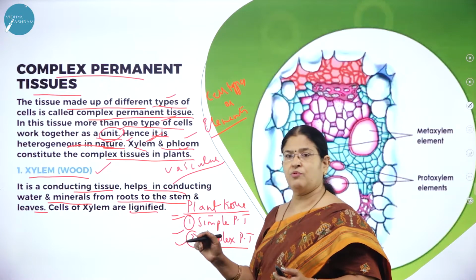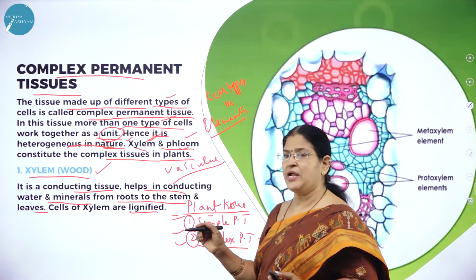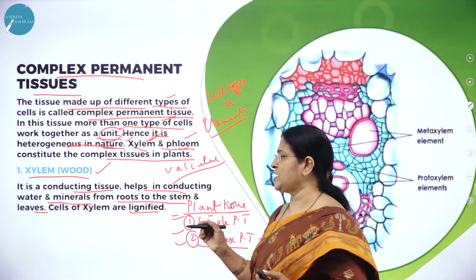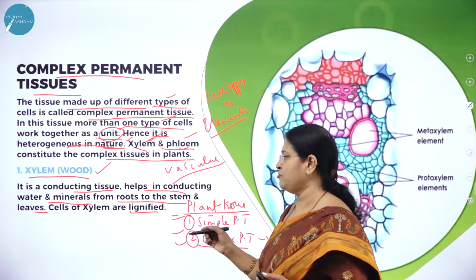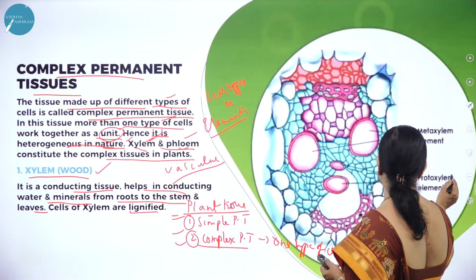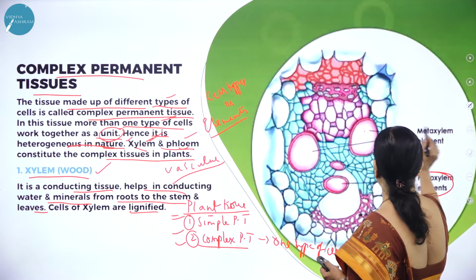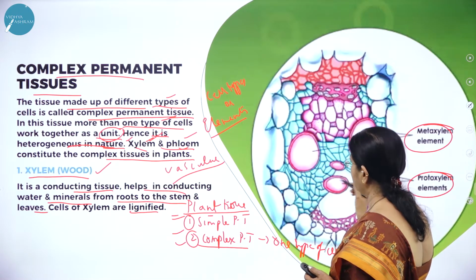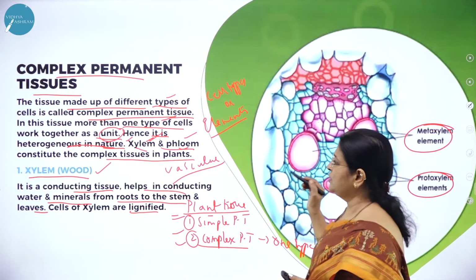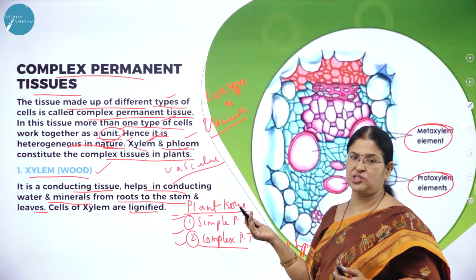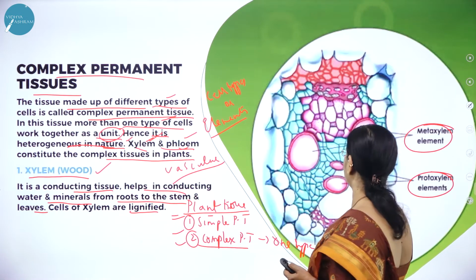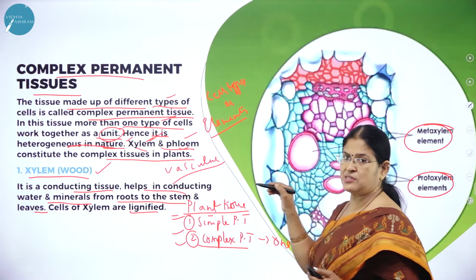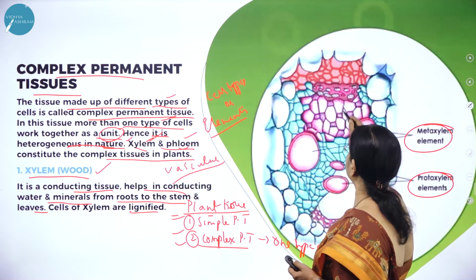So what is xylem? Otherwise called wood, and it is a water conducting tissue which transports water from downwards to upwards. Here you can see the first formed xylem is called protoxylem, and the later formed xylem is called metaxylem. So this is how it looks when we take the transverse section of a dicot stem or a dicot root or a monocot stem or a monocot root. You can see the vascular bundles like this. So this is xylem and this is phloem.